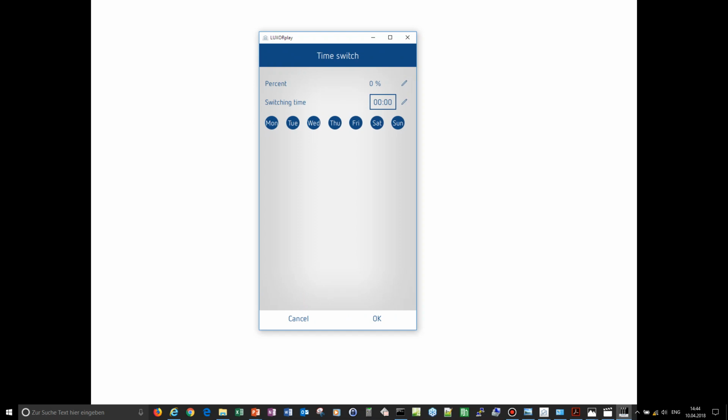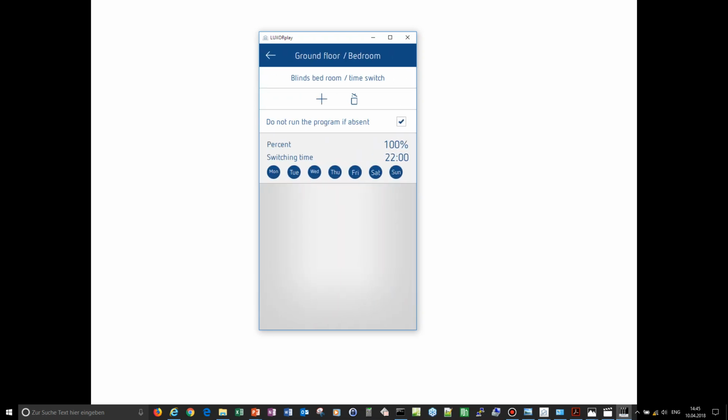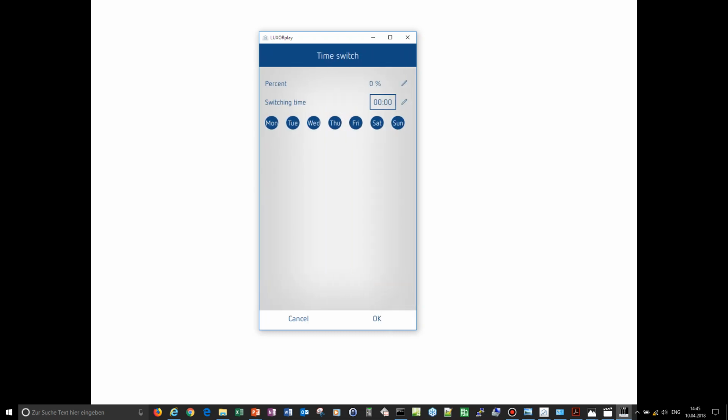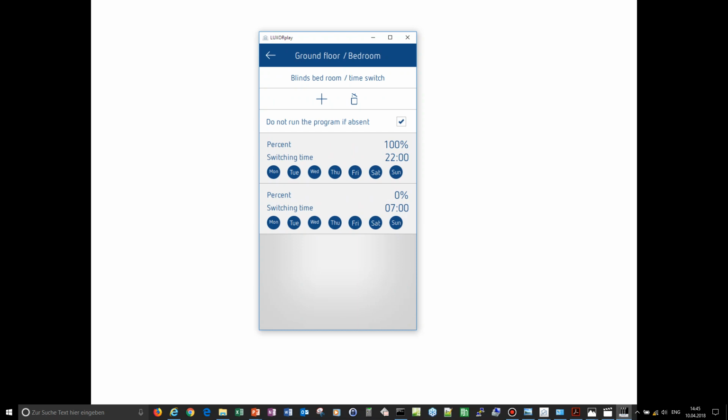All days in the week, in the evening, they should go down to 100%, in the evening at 10 o'clock. And in the morning at 7 o'clock, they should go up. And also here in the overview, you can see exactly the program behavior.